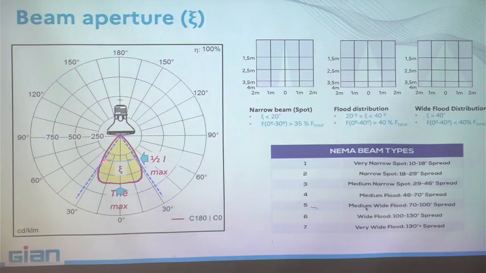Here I found the half of the maximum intensity, and then I link that point with that one, and then the beam angle is given by the angle you can measure